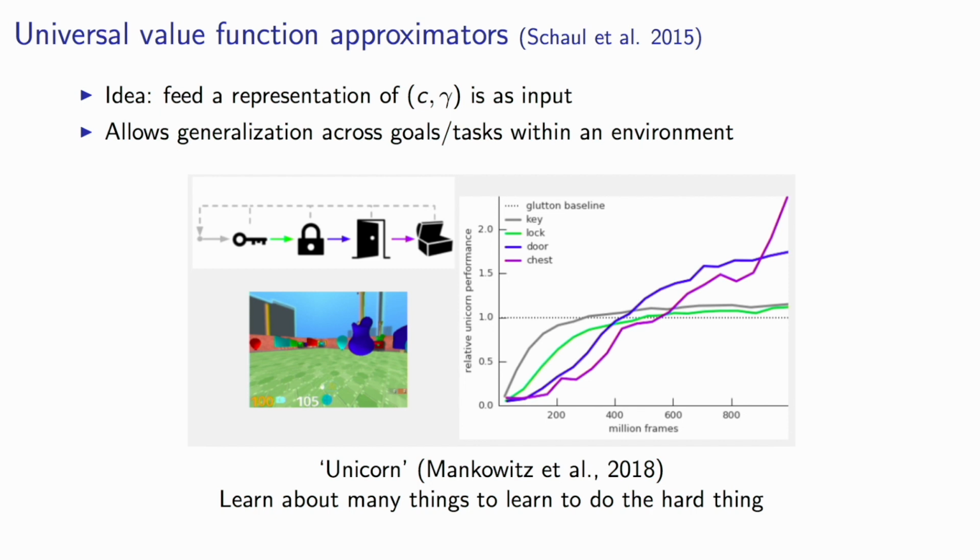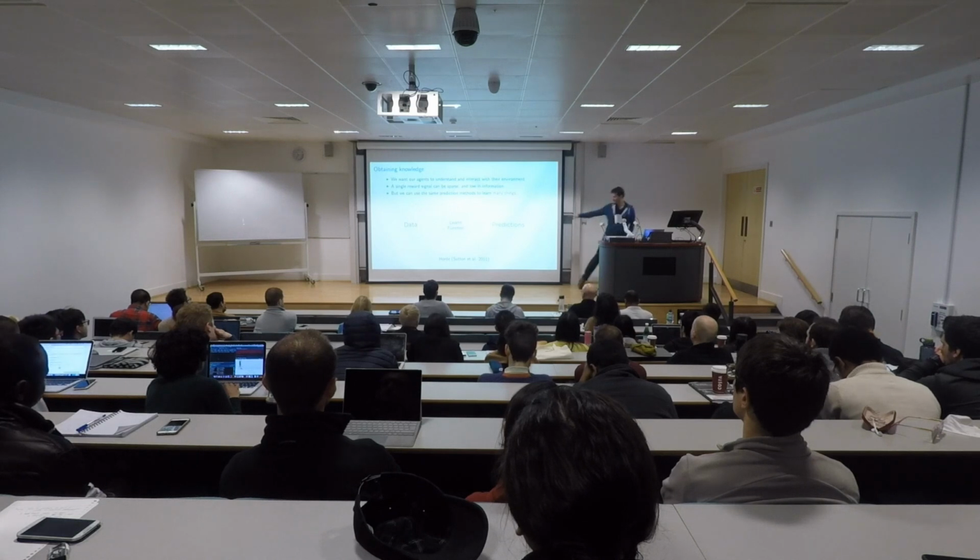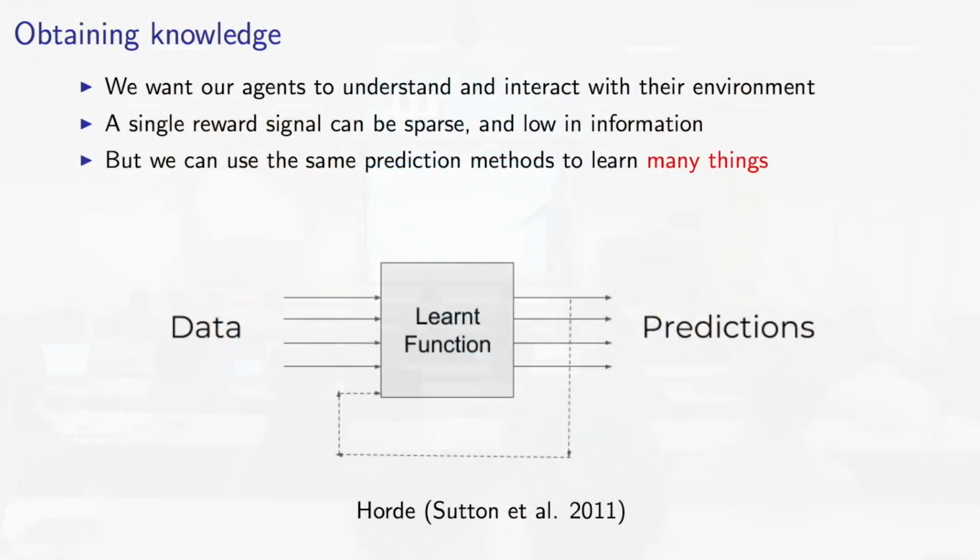And one key idea of the universal value function approximators is to basically feed a representation of, say, a goal. In this case, I only took two of them, the cumulant and the termination, and together you could call that a goal. You don't have to. In some cases, it's appropriate. You could feed a representation of that as an input to the network. And what's nice about that is that the network could then potentially learn to generalize over this input, which is a little bit different from the picture that we had for the horde, where maybe they were kind of depicted separately.